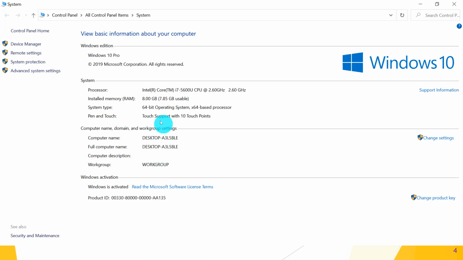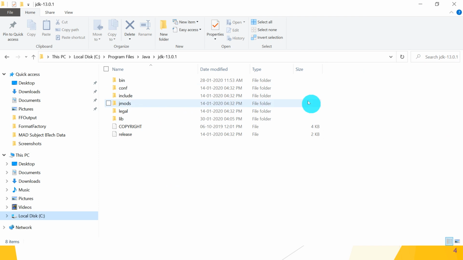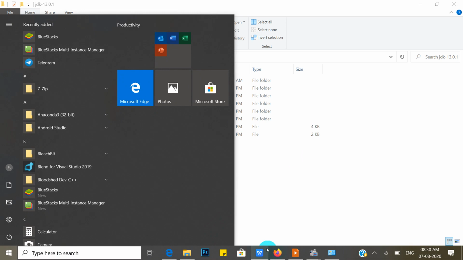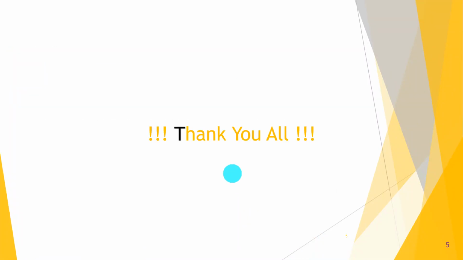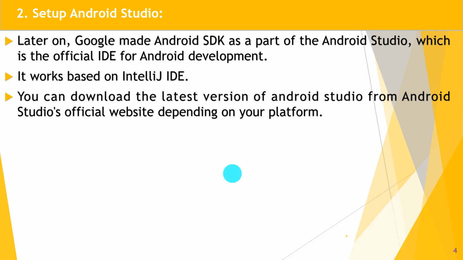Okay, here we see a 64-bit operating system. So if it is 64-bit, then you can download the 64-bit version of Android Studio for Windows 10. Great. After that, we will see how we can download Android Studio from its official website.